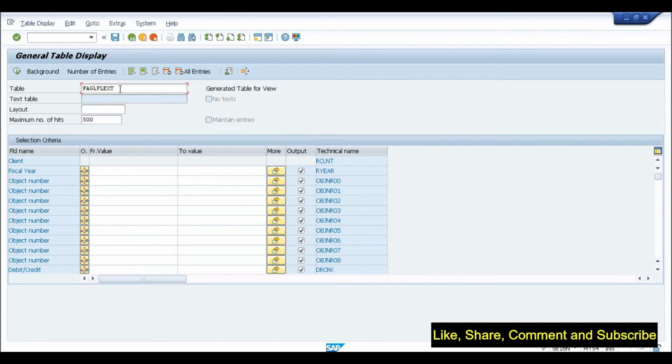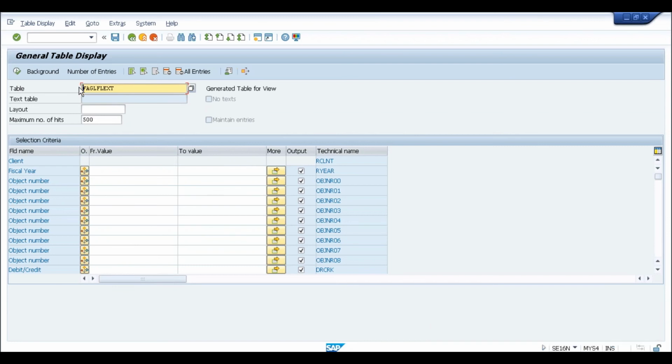Let me tell you how to find out what exactly this does when you ask for any information from this table. This table was available in ECC, and many SAP standard reports, even the balance sheet and profit and loss, all come from this table. But now this table is not available at all. So what will happen to my reports? All my reports are based on these tables. If I remove this table, what will happen to my reports? Although this is deleted as a table, it is still available as a view.